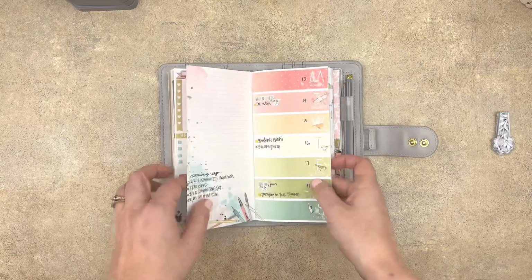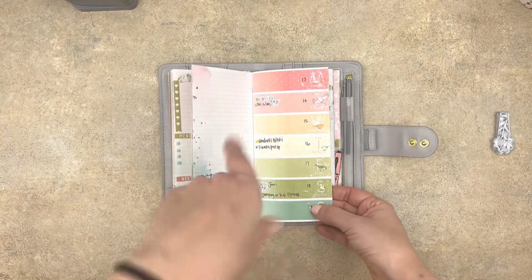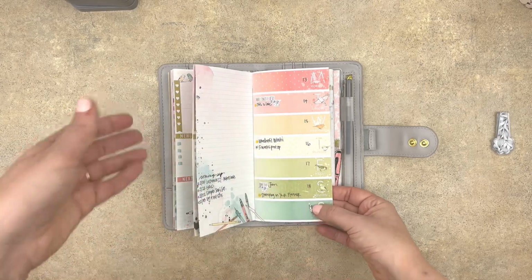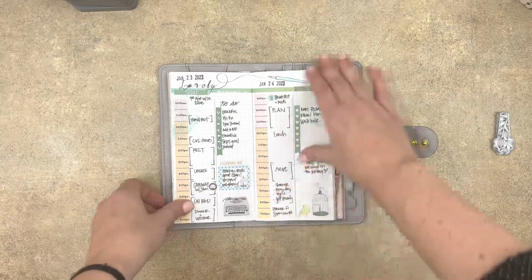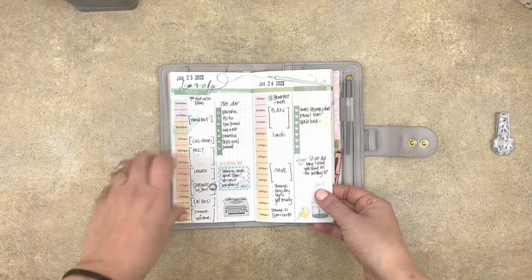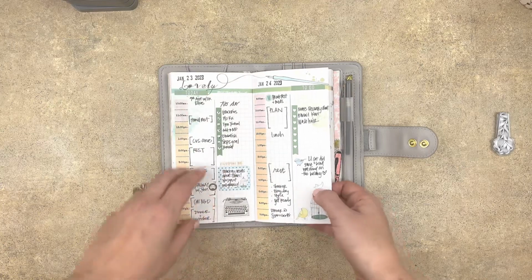And then it ends on the 19th, and that's fine, because I'll get a new insert for March, and I'll just start it then. I have also set up a couple dailies, not the full rest of the insert. So you'll see